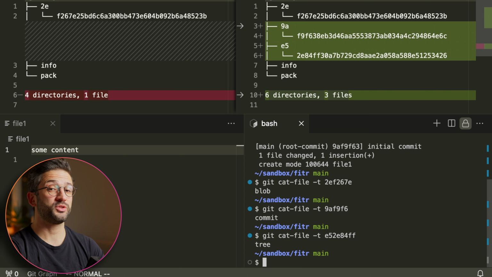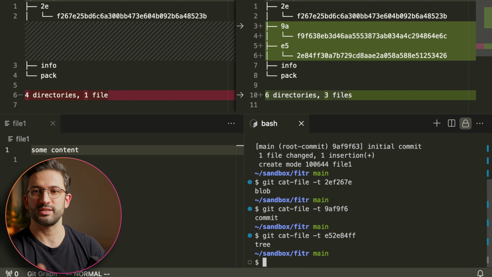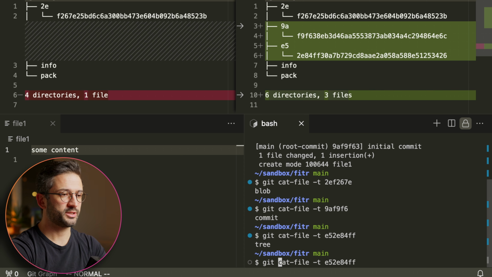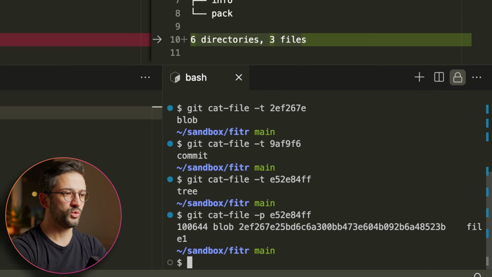So now we can start looking what's inside. And to do that, instead of using the -t flag to this git cat-file command, we use the -p for pretty, for print, or for pretty print, whatever you prefer. So let's go here and replace this -t by -p. And let's see what happens. What is the content of our tree? Ooh, here we have